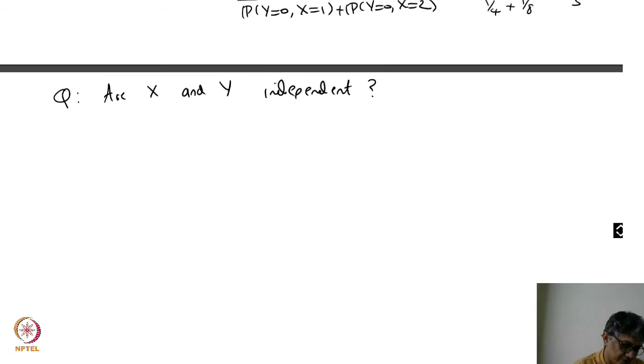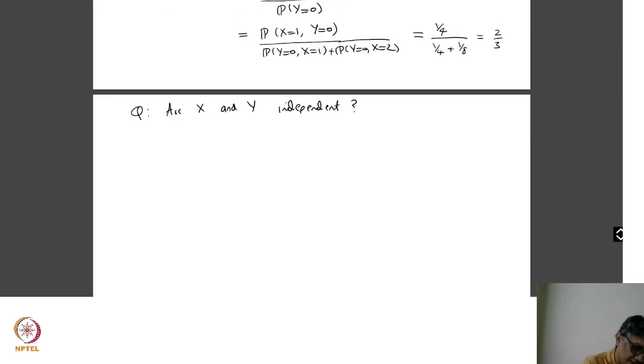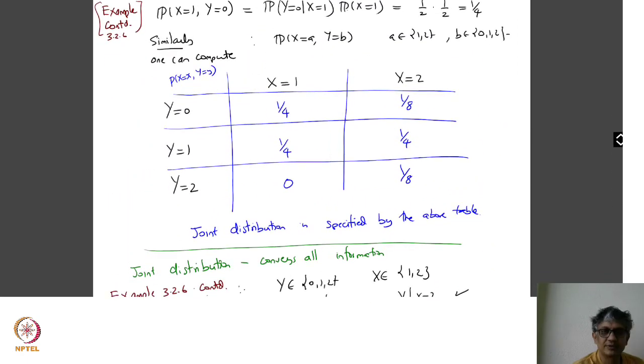So are x and y independent? We know this for a fact that x and y are not independent. Suppose I ask you, are x and y independent? So the first thing you could do is go to the table itself. Let's just see. In this table, you can observe that